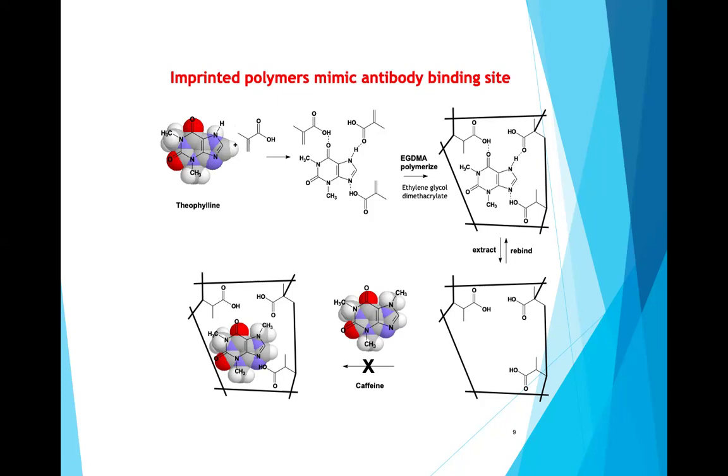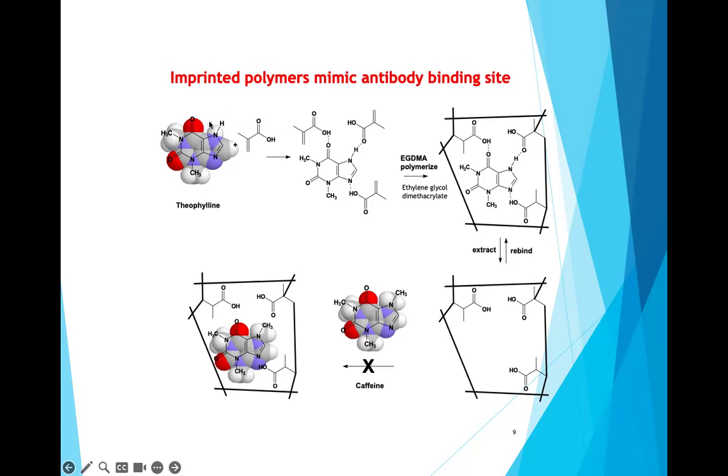But now we can use AI and computational software to match which monomer is the correct one, and to predict whether you will produce a good chemical interaction between the monomer